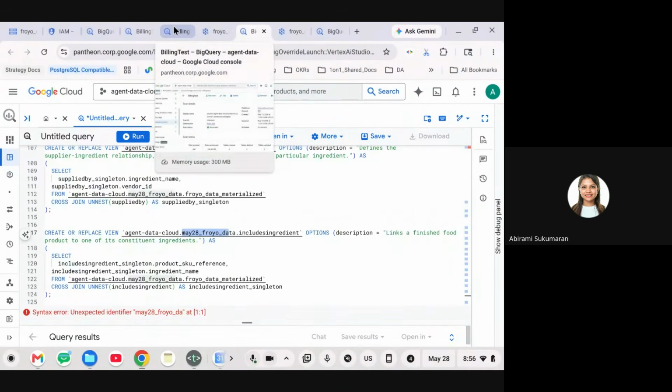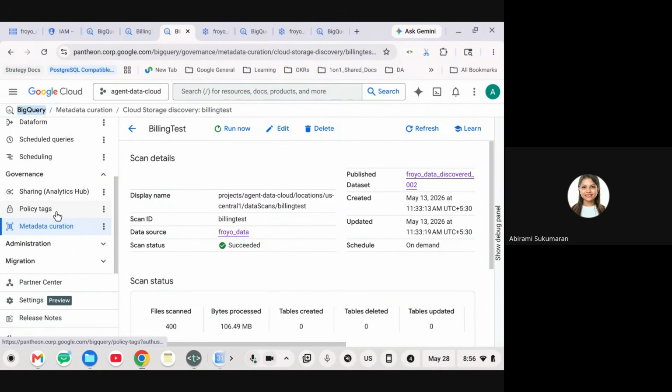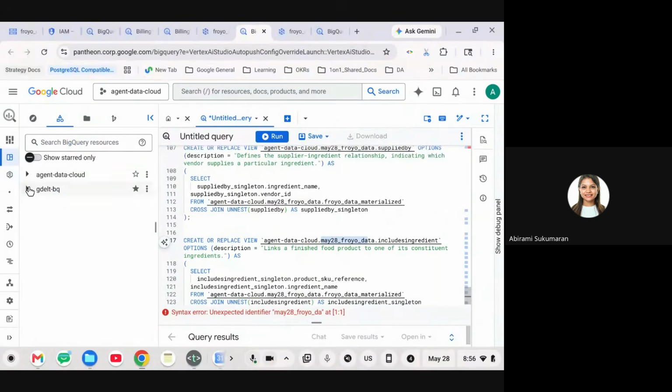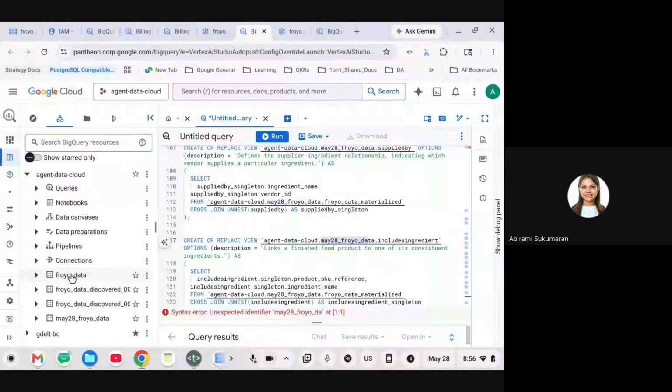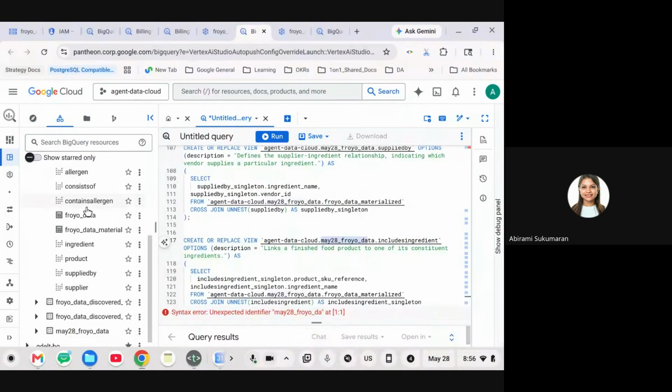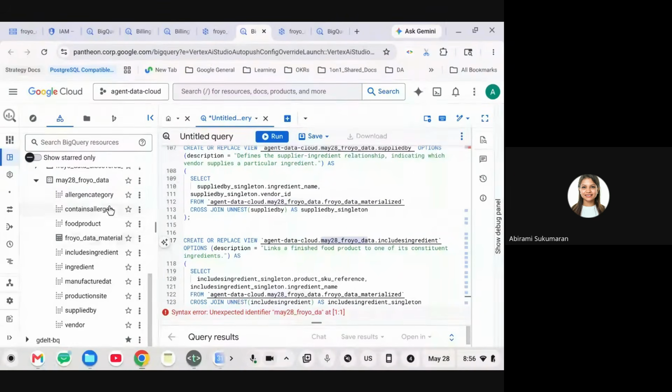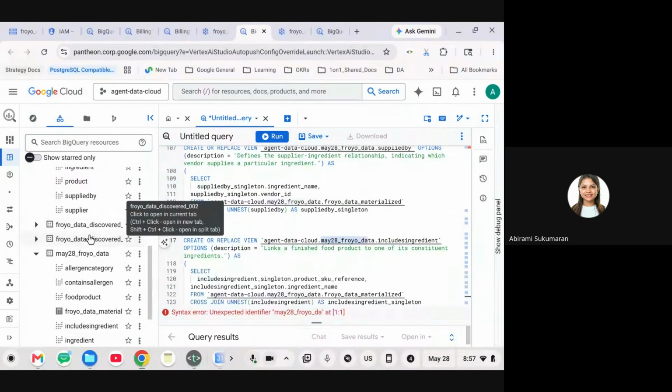Now, if you want to understand what the data exactly looks like, I'll take you to BigQuery and show you the data that has just been created. I'll go here, Agent Data Cloud, and go to this one that you will be working on, the one that just got created right now. As you can see, all of these tables are created based on the relationships in the files that you inserted. So this is the difference between just extracting metadata from your 400 files versus extracting meaningful tables and views and other relationships between them using knowledge catalog's semantic inference. That's exactly what we have done today.